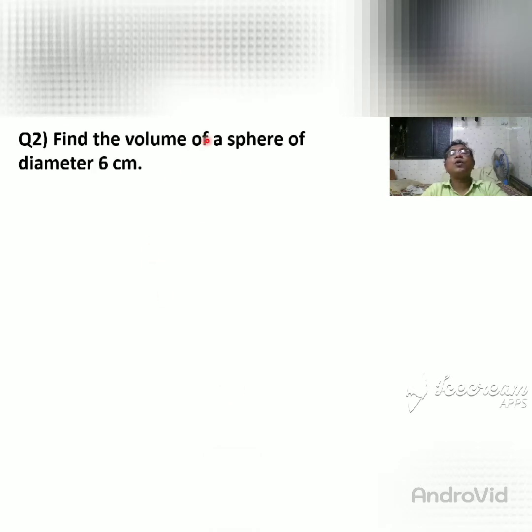Find the volume of sphere of diameter 6 centimeter. All my students, you must do this work: write the formulas which are given in these 7 chapters on a cardboard in words and read it when you are going to sleep. Before going to sleep, you read these formulas and then sleep, and you can do that every day. Then you will know these formulas very well. Okay, so you may do it.